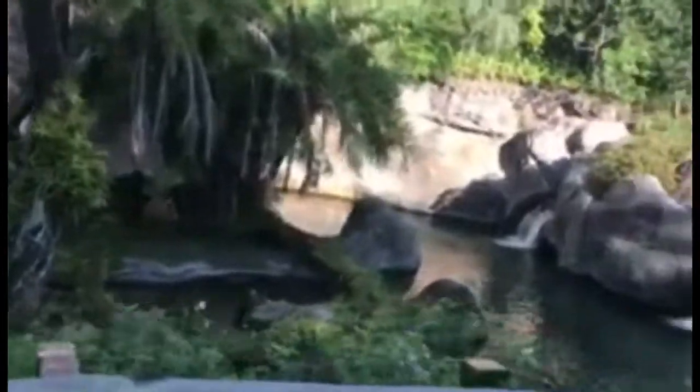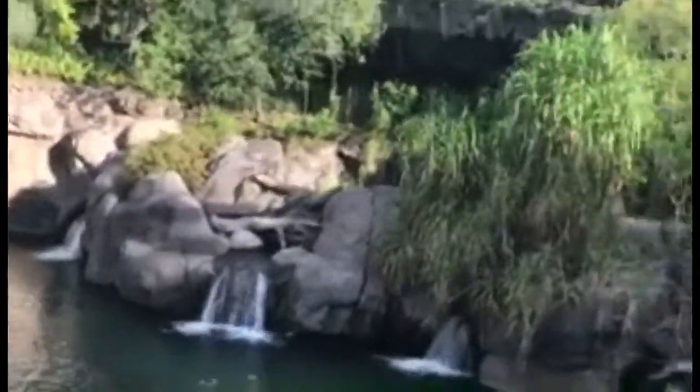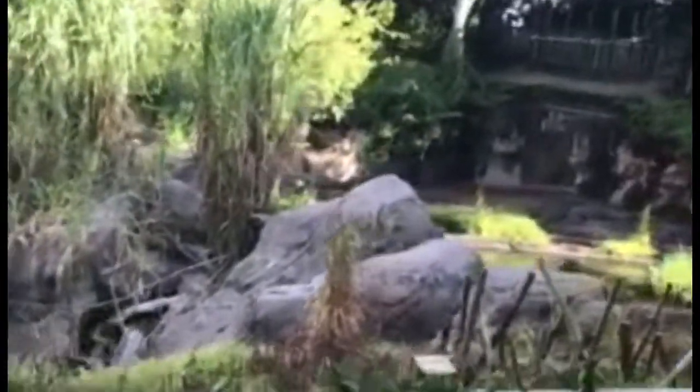Looks like the river is getting a little more shallow, so we might be heading up to the base of the river, it looks like. Yeah, definitely the base of the river. Ooh, but at the base of the river, look up here, on the left. I'm not sure about on the right side of the bridge, but on the left for sure, there's a whole